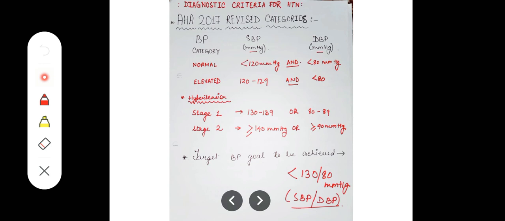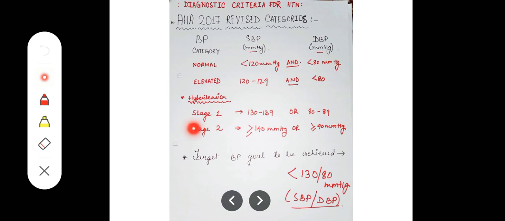Next category we have is hypertension. We have two stages, stage 1 and stage 2. Stage 1 has systolic blood pressure ranging from 130 to 139 mmHg or 80 to 89 mmHg diastolic blood pressure. So if anyone is there, you can call it stage 1 hypertension. But simply in one visit you cannot label a patient to be hypertensive. At least 4 visits have to be there, and if consecutively the blood pressure remains raised in all the 4 visits, then you can label the patient as hypertensive.